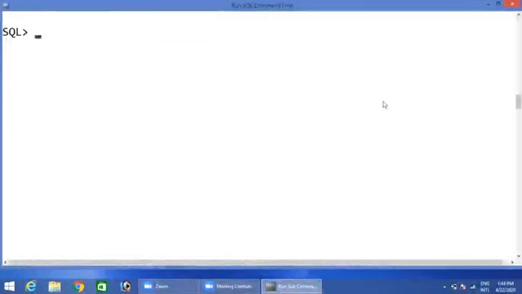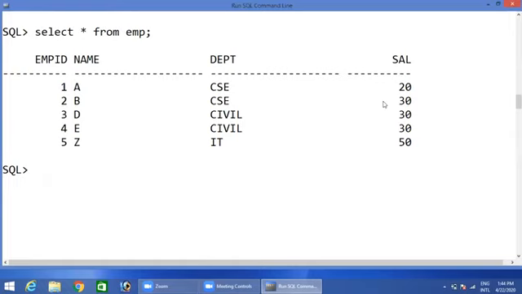Hi friends. Now I'm going to execute order by, group by, and having clauses by using this platform. Before going to discuss these keywords, you have to be thorough with creating tables, inserting into tables, primary keys and foreign keys. Now see, I created one table, that is the employee table. If you want to see the employee table, select star from employee. Employee is my table name. Here I have a few records. Five records are available, in which I gave employee ID, name, department, salary.